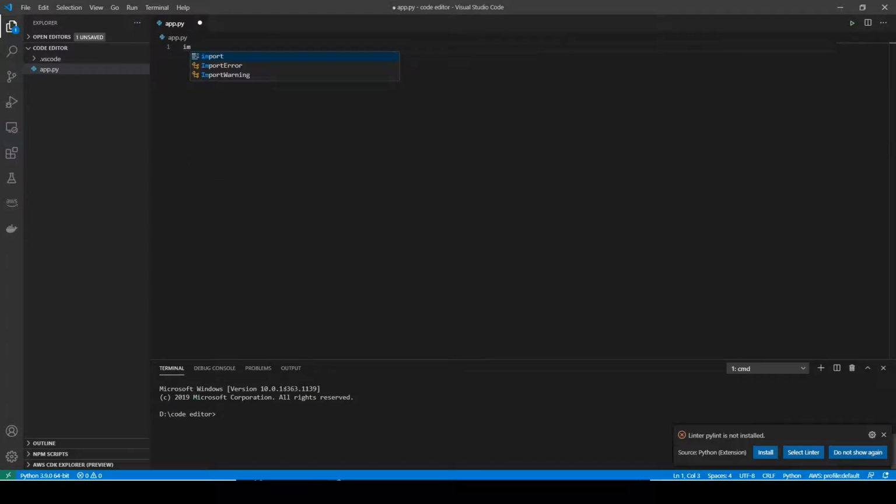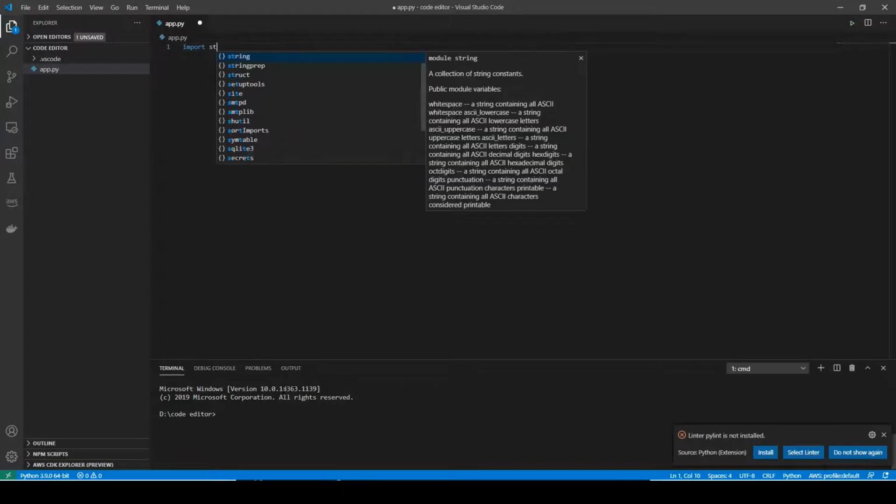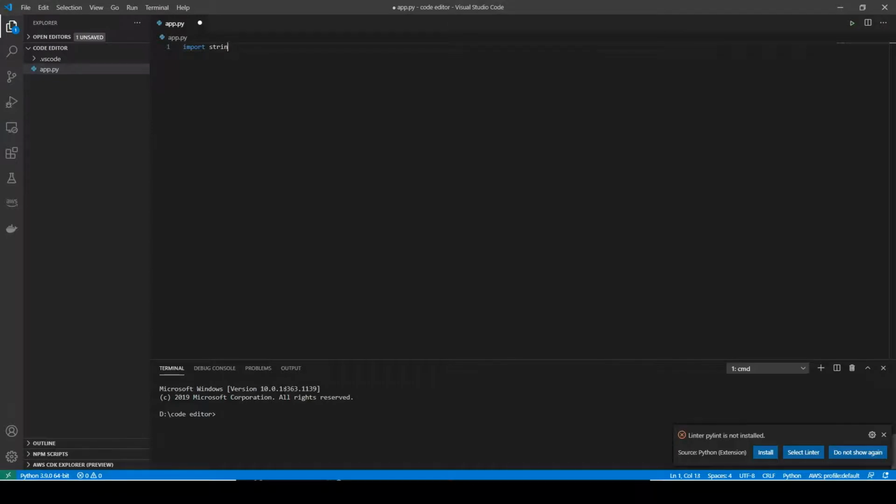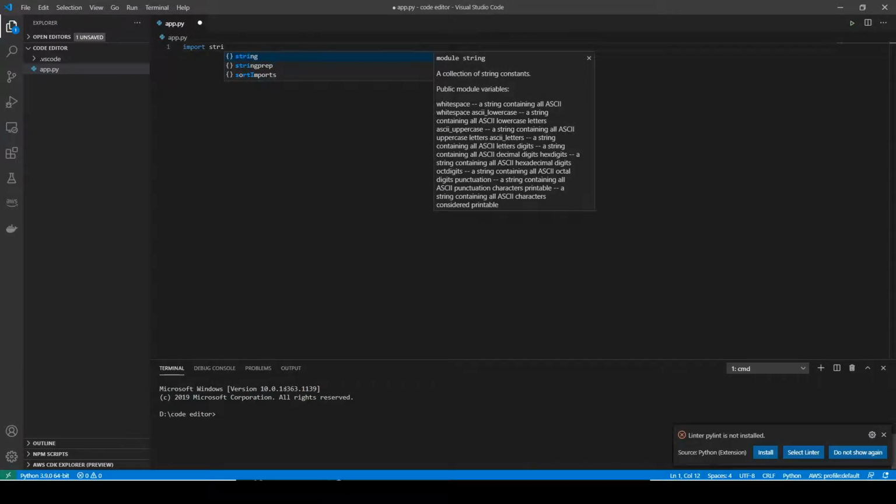Okay, simply import some package which comes by default with Python, like string. So you can see that whenever you type something, the auto completion functionality is triggered automatically, and you can find the string description here. So that's another benefit of using Visual Studio Code Editor. You'll find very good documentation, auto completion by default, and whatever packages you install within your environment, everything would appear here by default. Okay, so